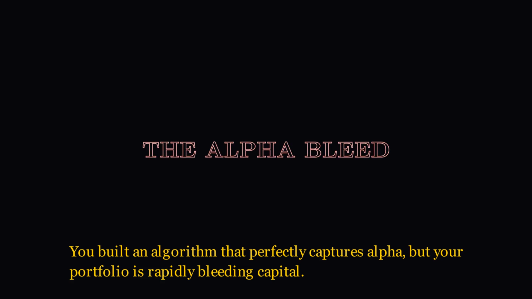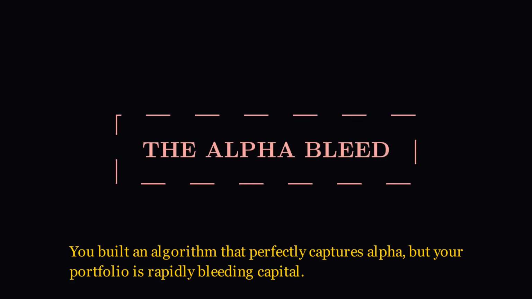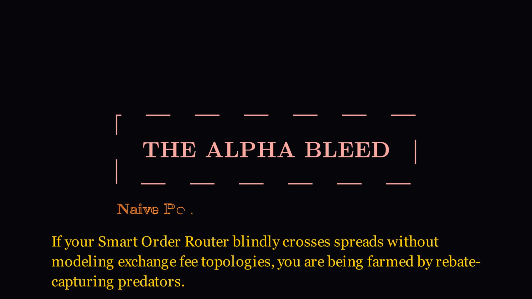You built an algorithm that perfectly captures alpha, but your portfolio is rapidly bleeding capital. If your smart order router blindly crosses spreads without modeling exchange fee topologies, you are being farmed by rebate capturing